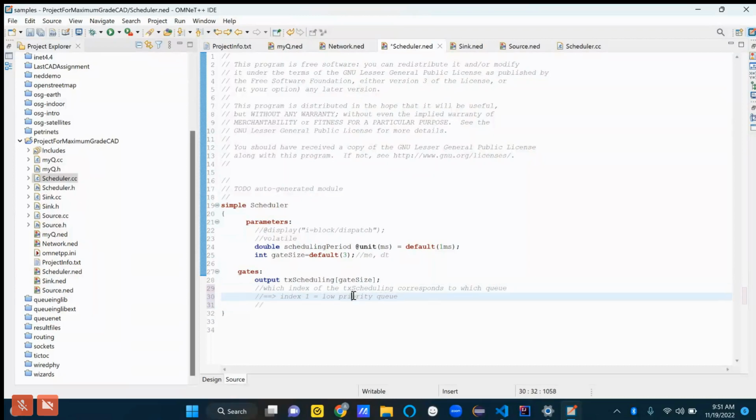We need to start at index 0, so index 0 for low priority, 1 for medium, 2 for high.